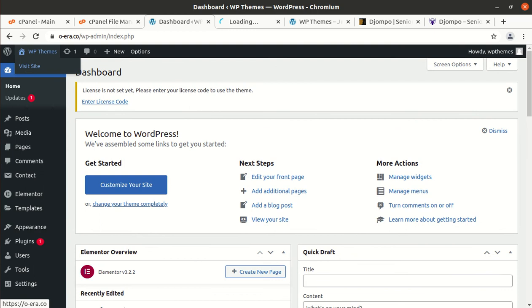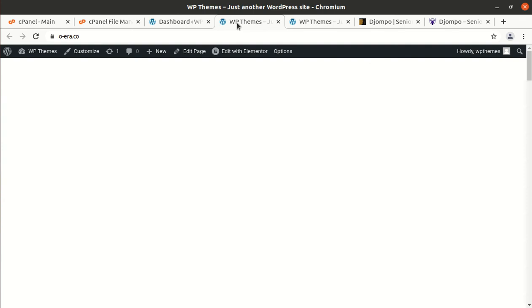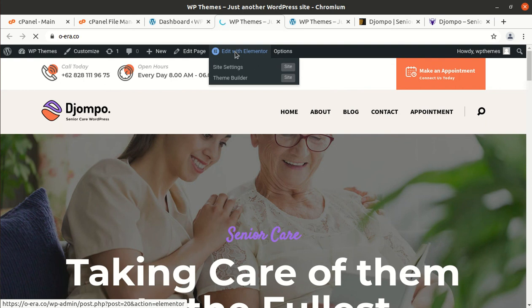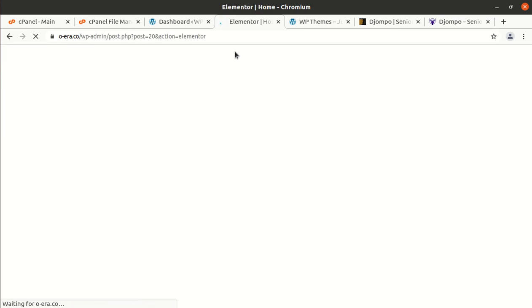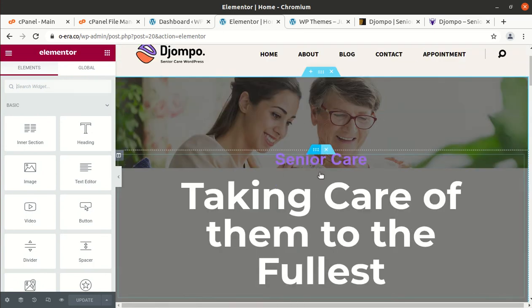And now I'll show you the content edit option. So this theme uses Elementor, and editing with Elementor has always been easy. Simply click on edit with Elementor after opening the page for which you want to edit the content, and the Elementor editor will be loaded on the screen, and you can simply select the area which you want to edit, and all will be fine. All will be in your control. And Elementor, however, works a bit slow, but it is fine, and it is more than simple.